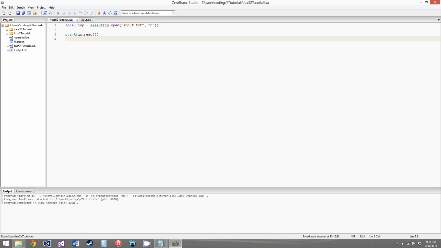So say instead of reading the second line of the file, we wanted to read the first line again. What we would do is say inp:seek. The seek function takes two parameters, both of which have default values. So we will say set, and this means the beginning of the file, and we'll leave the second value as default for now. And then we will print